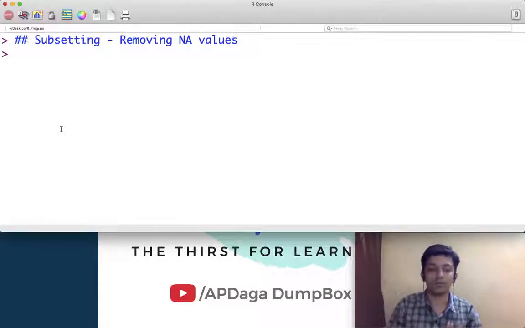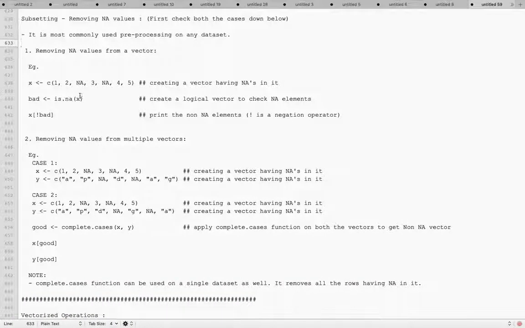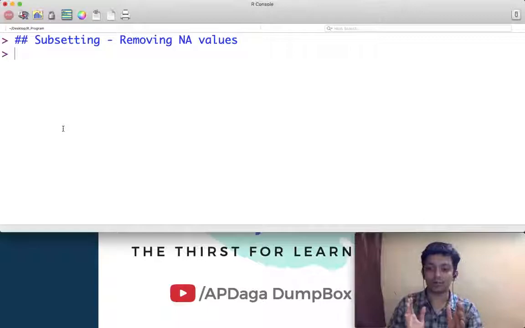Now consider you have a data set in a data frame or in a list, and you have multiple columns and multiple rows, and wherever there is a missing value, that value is not present, that is represented as NA or NaN in our program. Right now we'll focus on NA. We have a function to check whether there is some value or it is an NA, like a missing value. We have also seen this in our earlier videos.